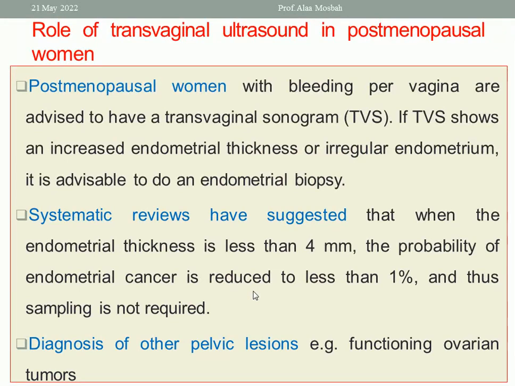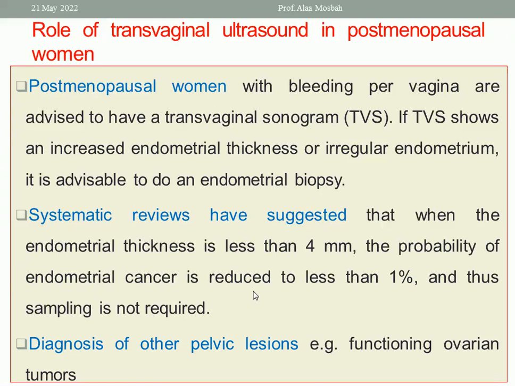About the transvaginal ultrasound and its role in measuring endometrial thickness, especially in postmenopausal ladies with a cutoff of 4 millimeters. So, endometrial thickness should be less than 4 millimeters because the endometrium in postmenopause is atrophied. Okay, so it should be less than 4 millimeters. More than that needs a biopsy. Less than that, you may not need any biopsy because the possibility of endometrial cancer is low, less than 1%, if it is less than 4 millimeters. Okay,